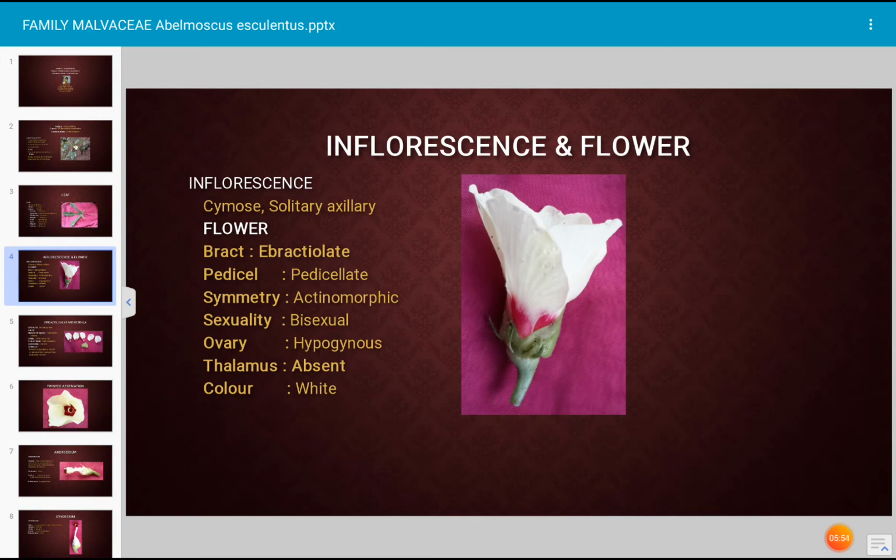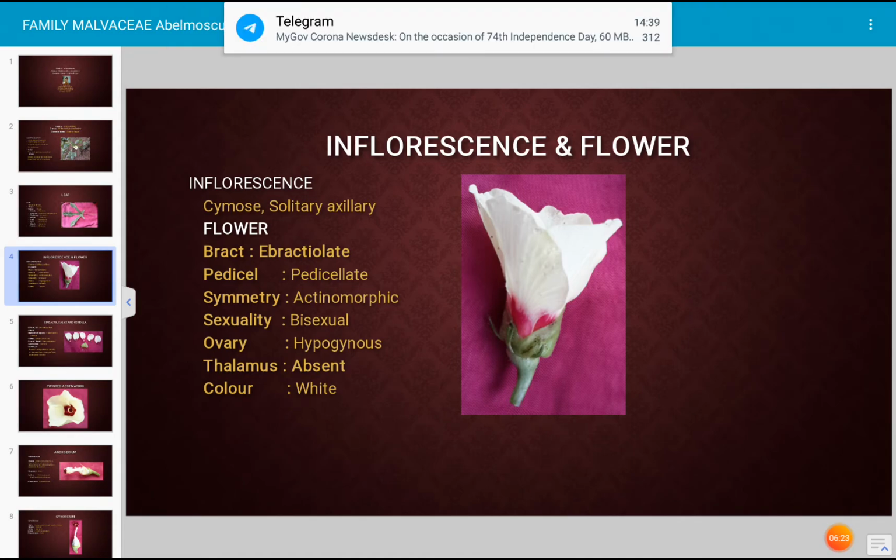In the flower, androecium as well as gynoecium are present. Androecium consists of stamens, gynoecium consists of ovary, style, stigma. Hence, with both the androecium and gynoecium present, such a flower is described as a hermaphrodite flower, or it is also described as a bisexual flower. See this in the photograph, all the floral parts originate from the base of the ovary.